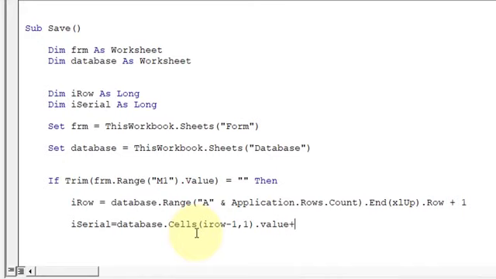It means whatever value is available in the previous row in column A, we are adding 1 to that value, and that will become our next serial number. Okay,